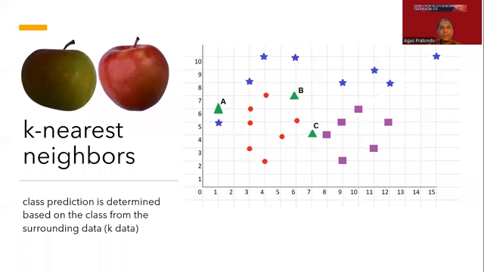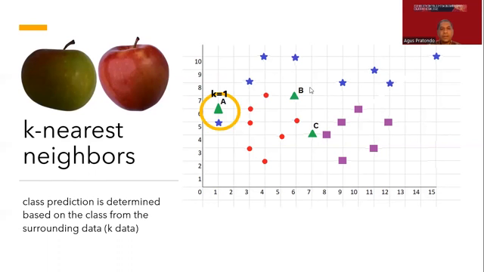The first algorithm is the k-nearest neighbors. This algorithm predicts a label based on labels around the observation point. For example, in this image, there are three labels in the diagram, namely blue, red, and purple. The green triangle A is a point whose label is not known. By observing the labels around point A, we can predict the correct label for A. It is important to note that the number of neighboring points observed will determine the prediction result.